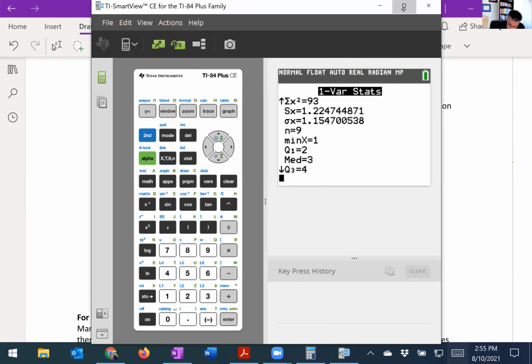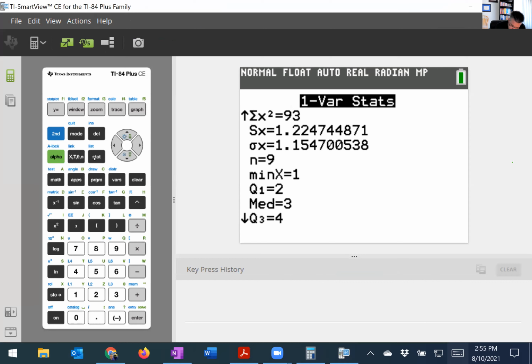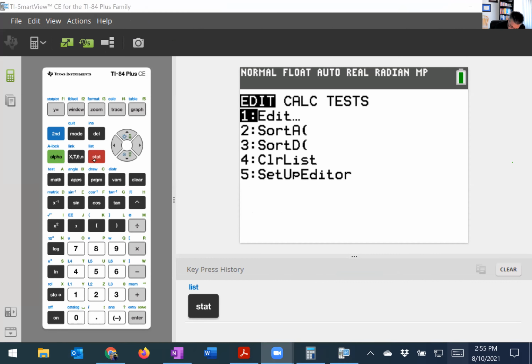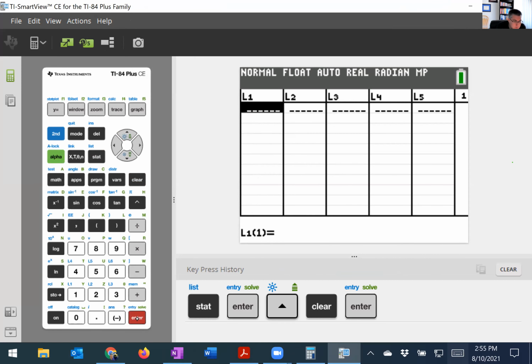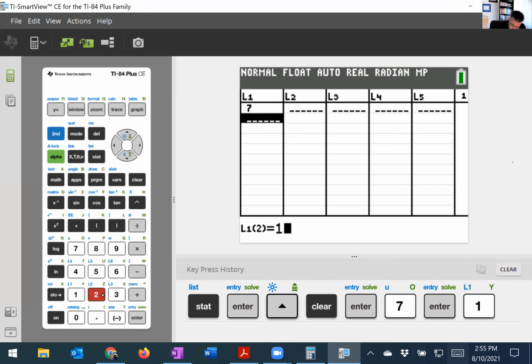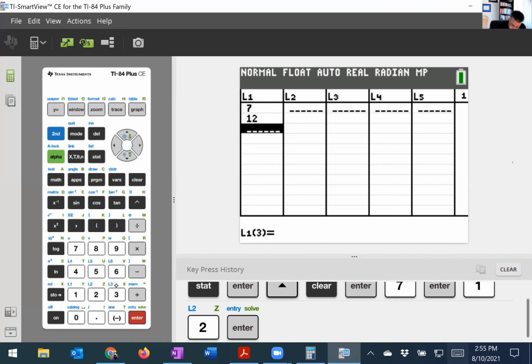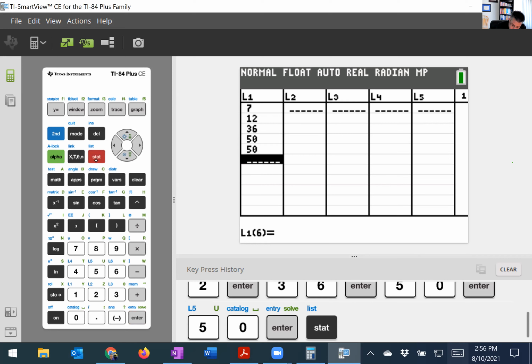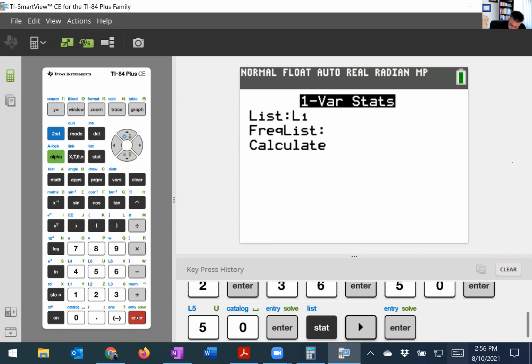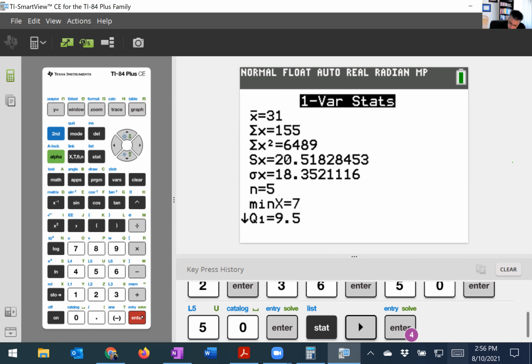Okay, remember this is a sample standard deviation. So let's go to stats. Let's edit our values here. Okay, so let's clear this. Okay, and so the values that I want to plug in here are 7, 12, 36, 50, and 50. Okay, so I'm going to hit the stats key. I'm going to arrow over to calc, hit enter, enter, enter, enter. And it tells me that